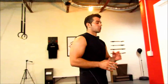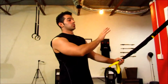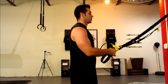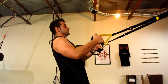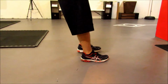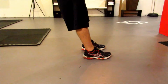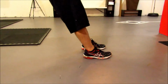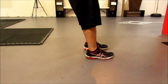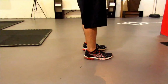Okay, so the first of those three foot positions I want to talk about is if you were to do an exercise while you were leaning back, facing the door, facing where the TRX is hung up. So what you do is you will set up in position. The first way to do this is with your ankles as the axis point. This time your feet will be flat on the floor, and I'll be going through a row exercise, and as you go through that movement, your axis point is actually your ankles,